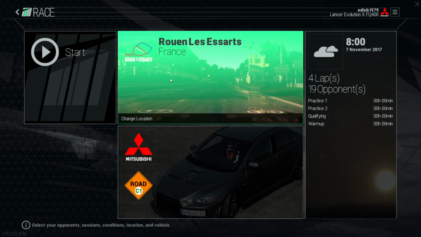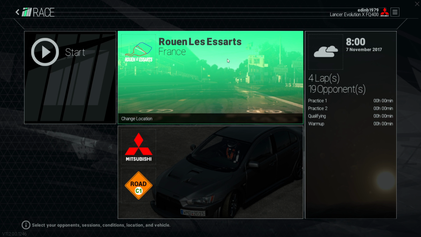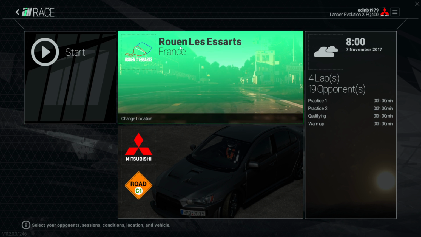So we're gonna just go through some of the races. I just want to show you a couple of things. The difference when there's dynamic weather, when there's a change of time: night, day, dusk, dawn. So we'll go through some of these things. I'll show you the stormy weather, different weather conditions, et cetera. So we'll go quickly through this, and I just want you to see how well it performs